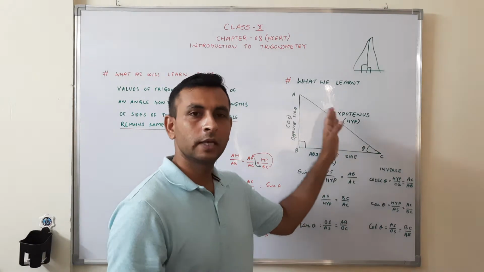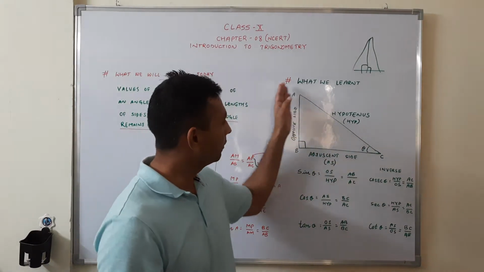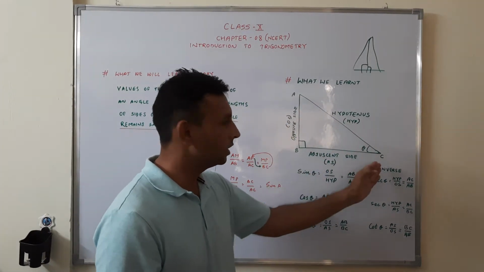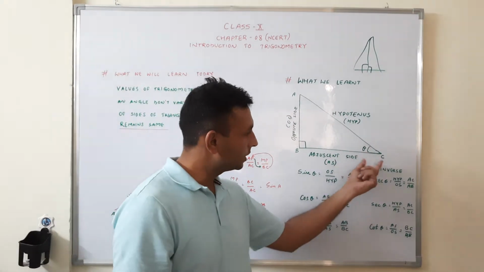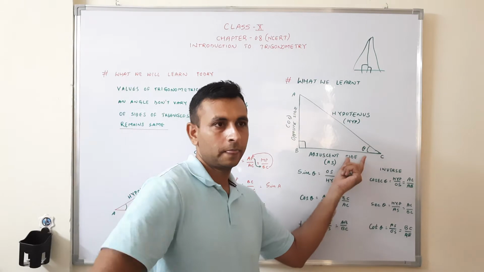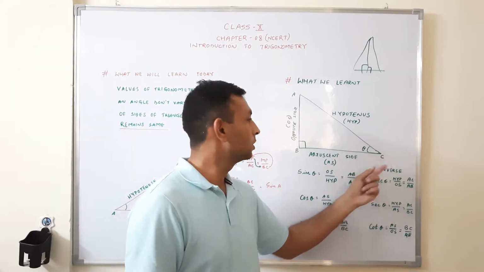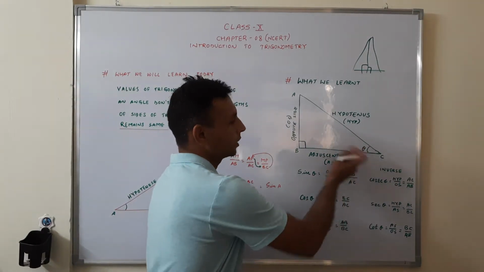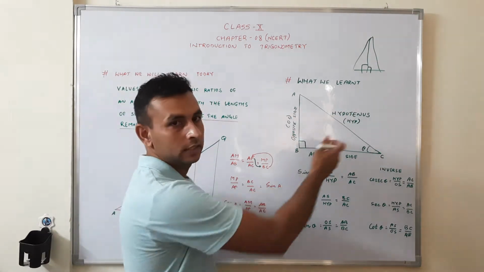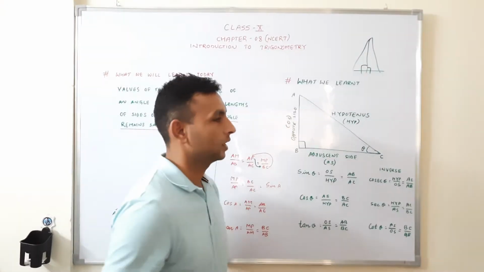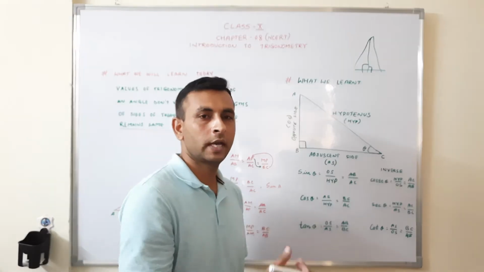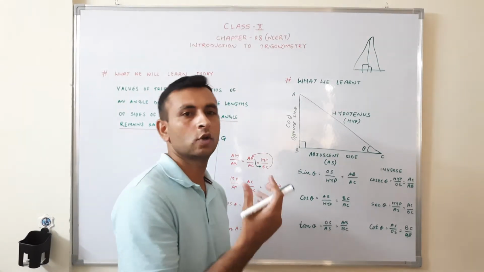First of all, it is applicable in right angle triangles. I have made a right angle triangle ABC here. I have taken theta as a reference. I have given this angle C as theta. With respect to theta, I will have three different sides: one is this side, one is this side, one is this side. So how do I name these sides when I have to represent them in trigonometric ratios?